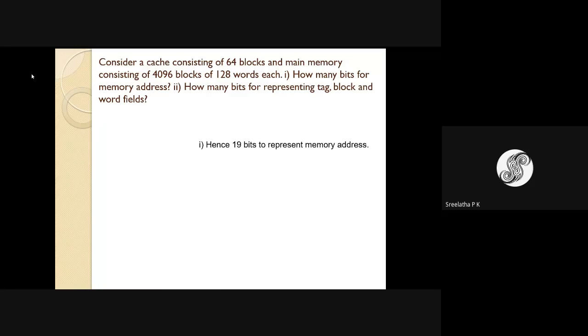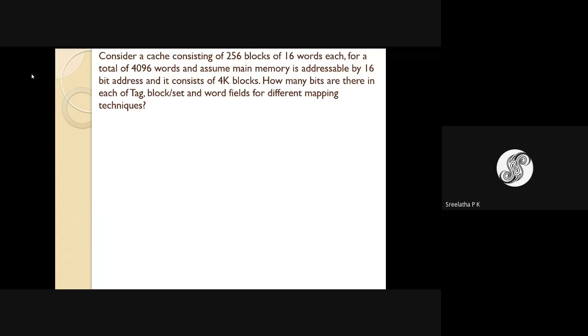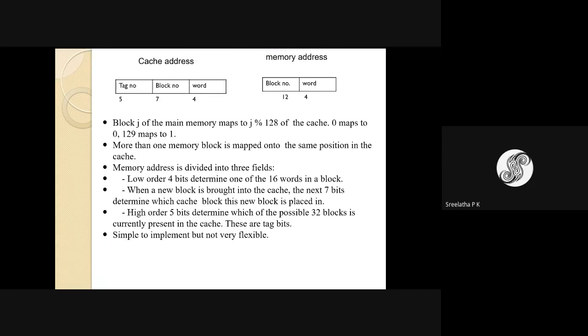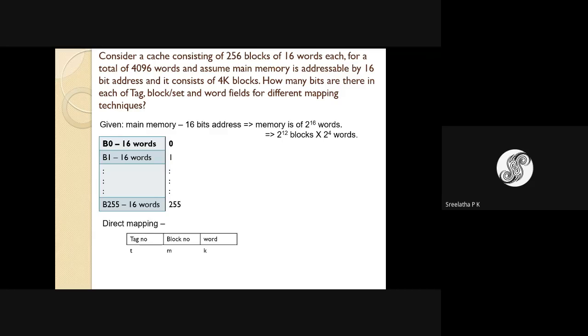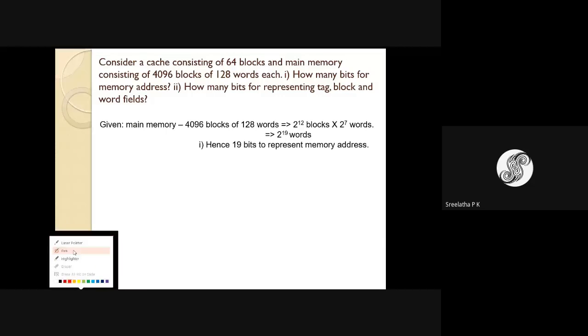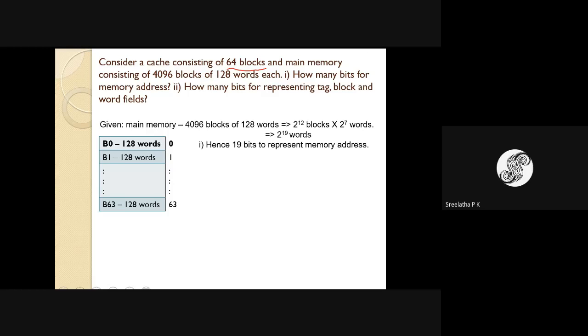So the cache memory consists of 64 blocks, and the main memory is 4096 blocks of